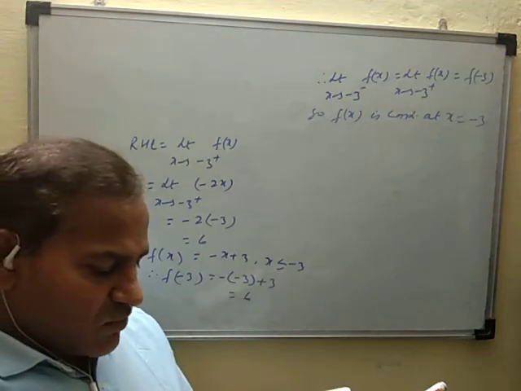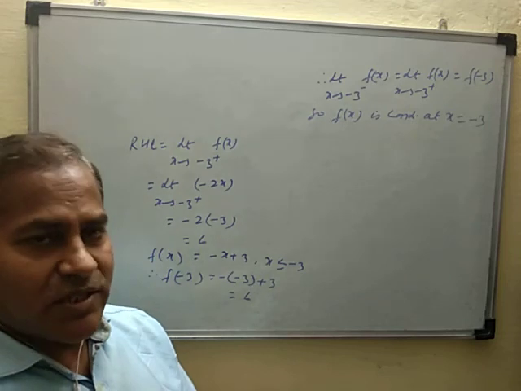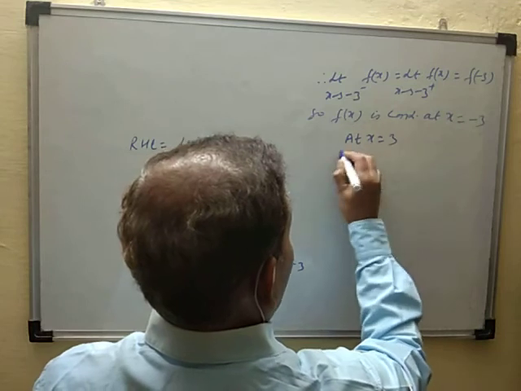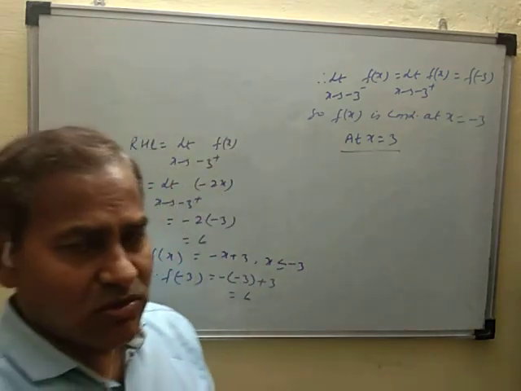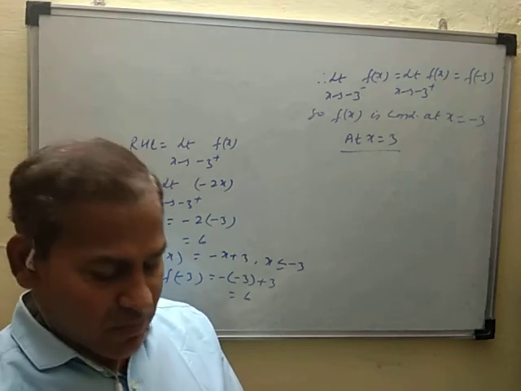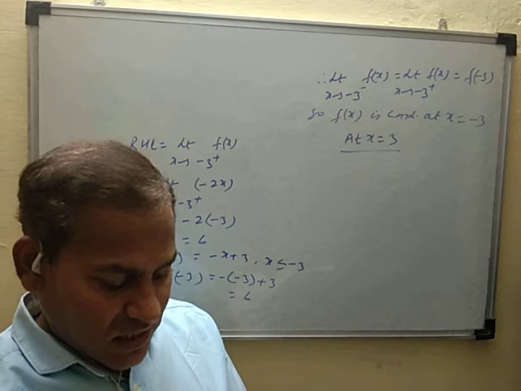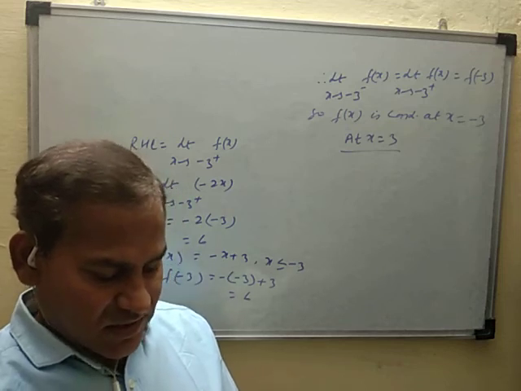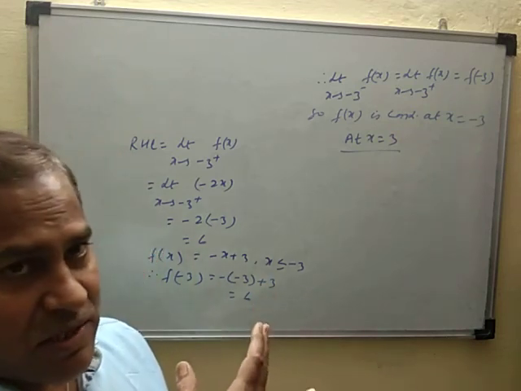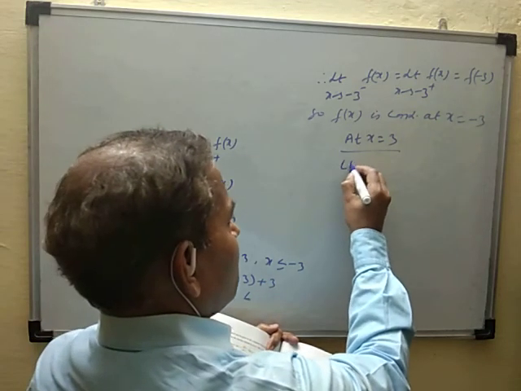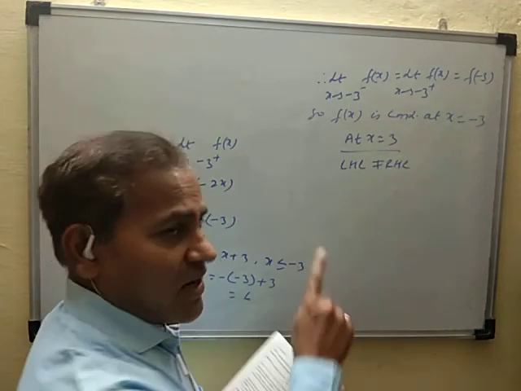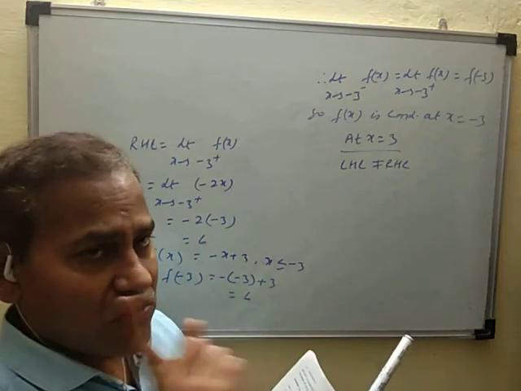So what is the next turning point? Next turning point is 3. So now check that at x is equal to 3 फंक्शन कॉन्टिन्यूस और नॉट. सेम ऐसे चेक कर लोगे, लेफ्ट लिमिट राइट लिमिट फाइंड कर लोगे, तो इसका LHL फाइंड करोगे तो आ जाएगा माइनस 6x, दैट इज LHL नॉट इज इक्वल टू RHL फाइंड कर लेंगे. LHL के वैल्यू फाइंड कर लेंगे, RHL फाइंड कर लोगे, नॉट इज इक्वल टू.